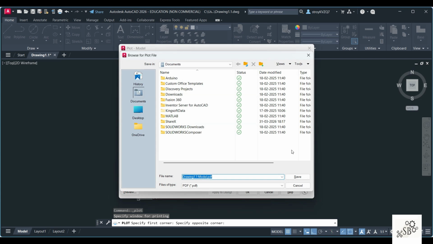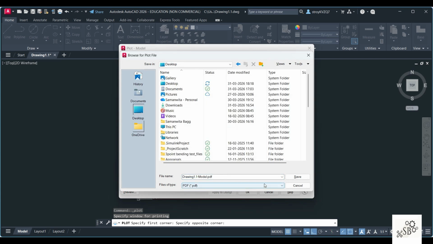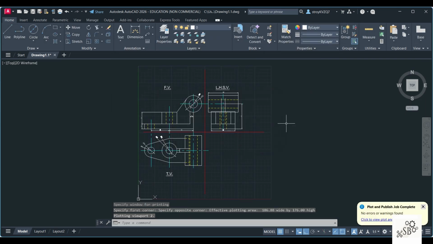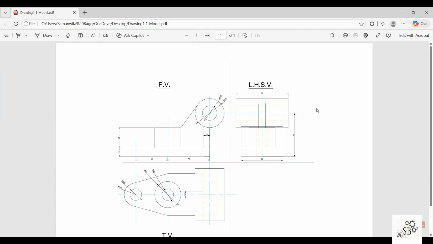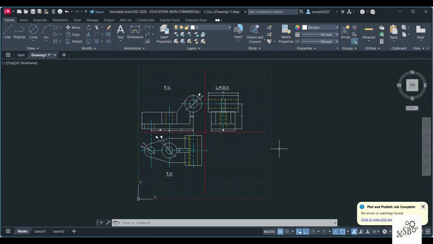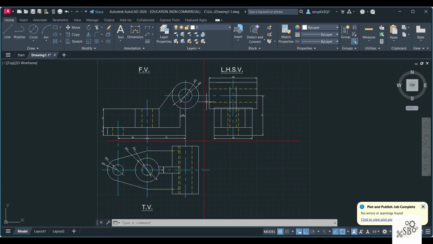OK. And then again save it wherever you want. Save. So this will directly open the sheet that you have saved. Now why you are seeing the colors in this form is because you have given it in the colored format. So suppose I don't want to save it this way, I want to change all these colors to white before taking print so that I'm able to see all the lines properly.